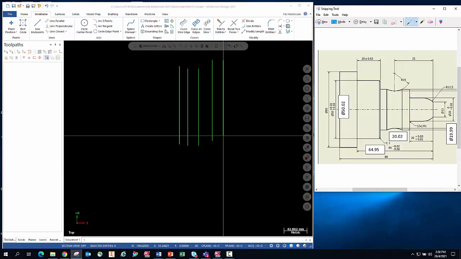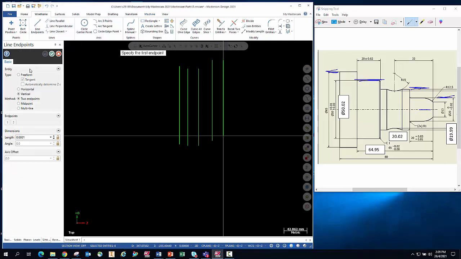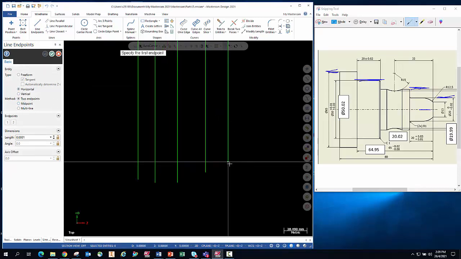Now I will do the horizontal here. 1, 2, and here 3, 4. Of course, origin. So we go with horizontal from here, horizontal 0. Enter. Then the next one is 19.99 here. 19.99. Enter. Followed by